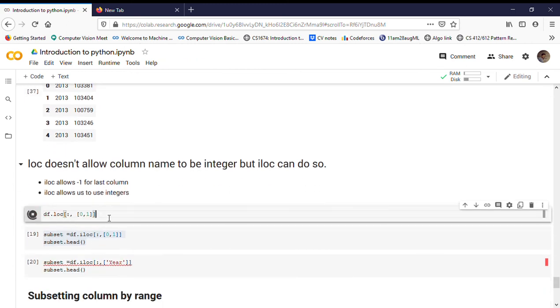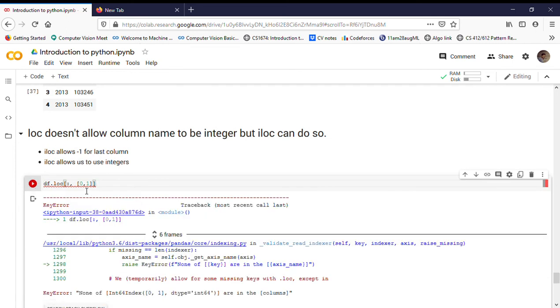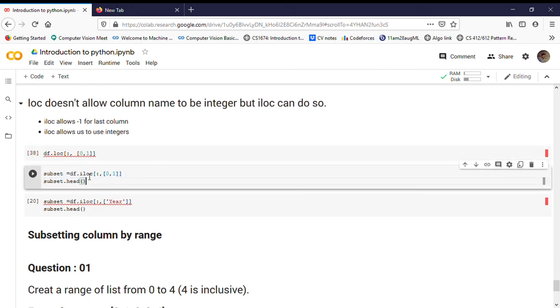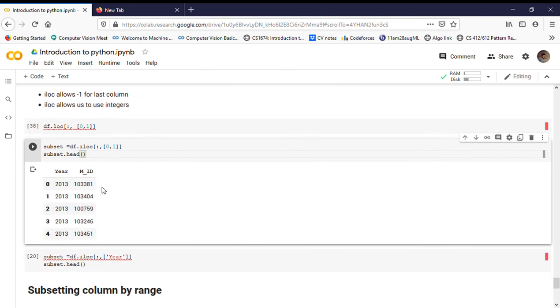It will give an error, because the loc method does not accept an integer as a column name. But when I do it with the iloc method and pass 0, 1, meaning the 0th column and the first column, it gives the correct result. So iloc accepts column names as integers, but loc does not. This is the second difference between iloc and loc.